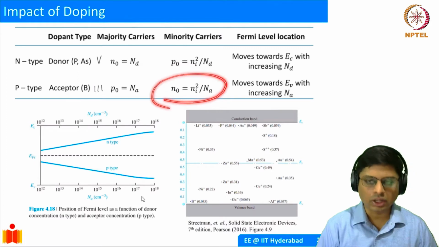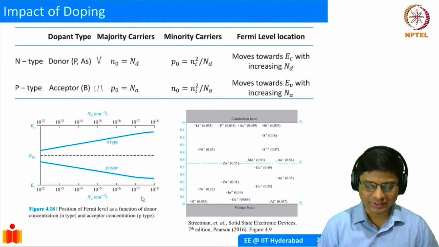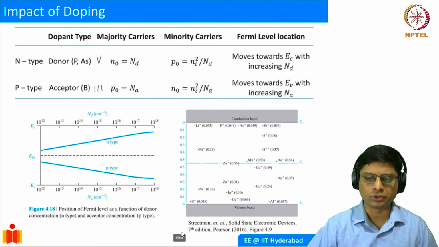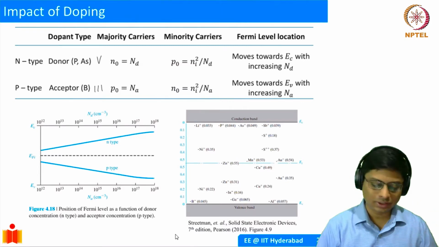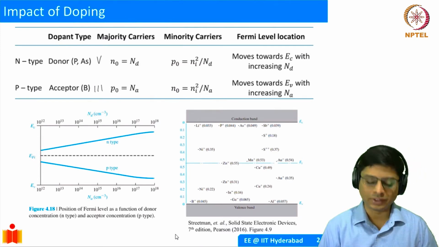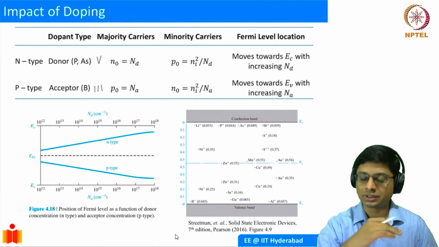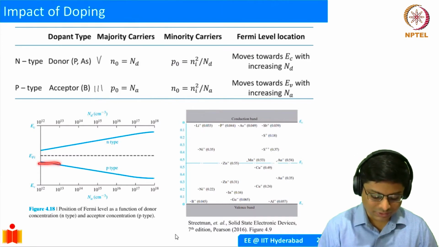We also saw how the Fermi level changes when you change the doping density. If you have very few dopants, then the number of electrons or holes being introduced is very, very small compared to the intrinsic carrier density, and the Fermi level would be close to Ei. Okay? But as you increase, let's say, the donor density, the number of electrons increases, and the Fermi level moves towards the conduction band. And similarly, if the acceptor density increases, the Fermi level moves towards the valence band.